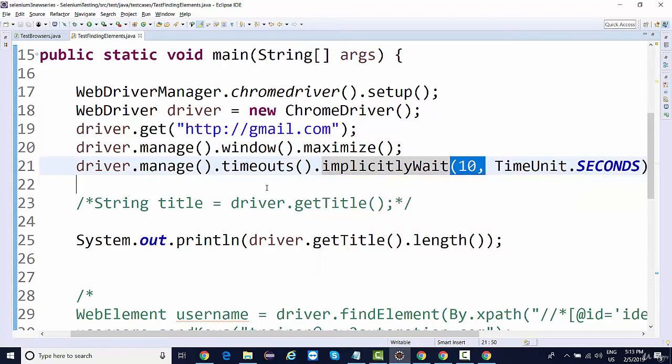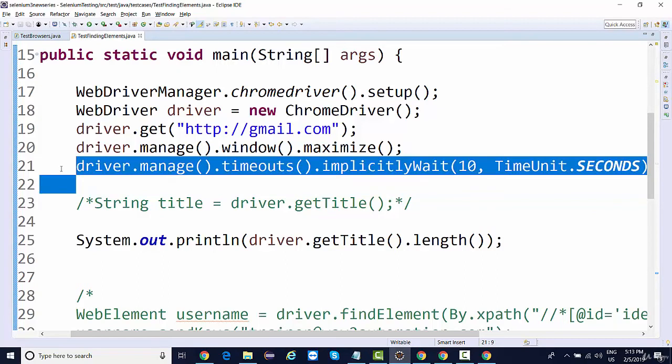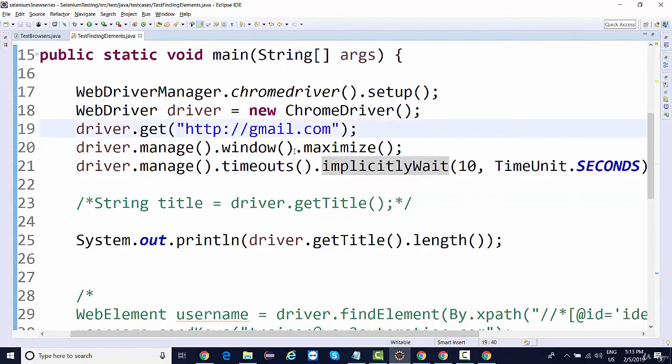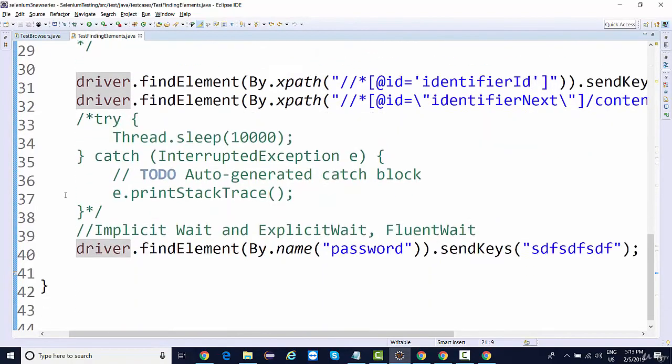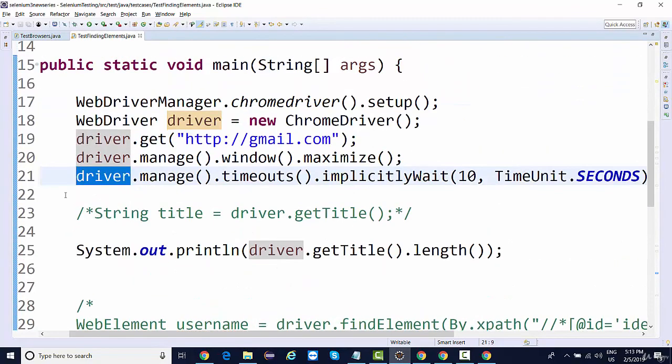Right? So this is how you will be declaring implicit wait, and you need to declare it only once. Not like Thread.sleep, which you need to use again and again. You'll define this implicit wait only once, and then it will be tied up with your driver. Wherever you use driver.findElement, everywhere the implicit wait will be applicable for 10 seconds. But it will not wait for 10 seconds for all the elements. It will only wait wherever the wait is required, till the time the element is found. If the element is found in 1 second, it will work in 1 second.